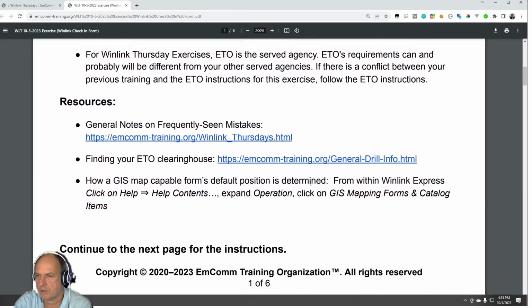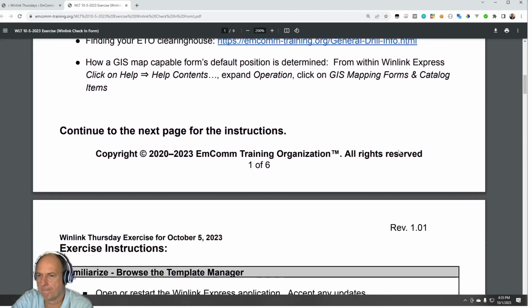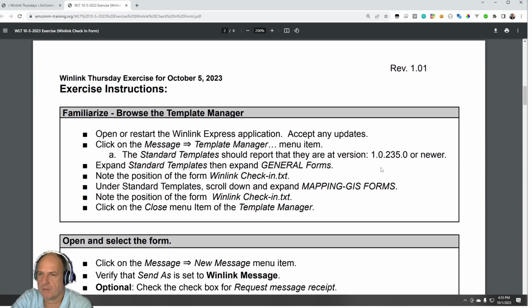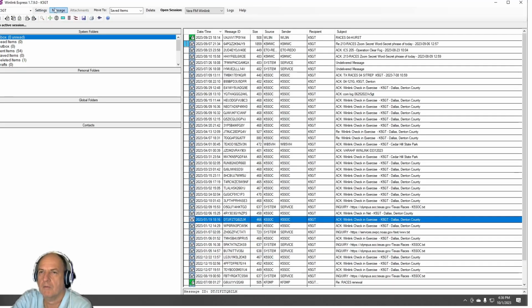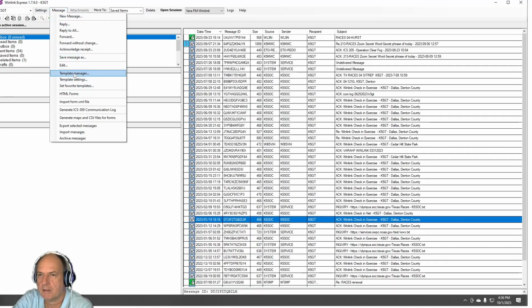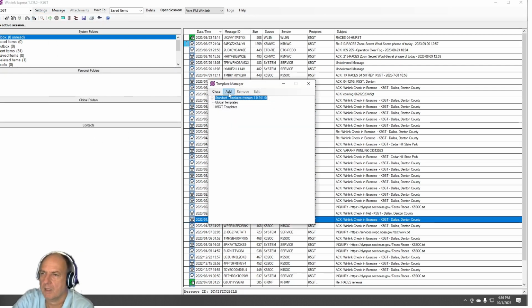Again, resources. And this part is to familiarize with the template manager. Let me show you. Then you go to message, and then here in the middle there's the template manager. And then the check-in form will be here under the standard templates versions. And they also explain that you have to check if your version is newer than the, let me show you that again,